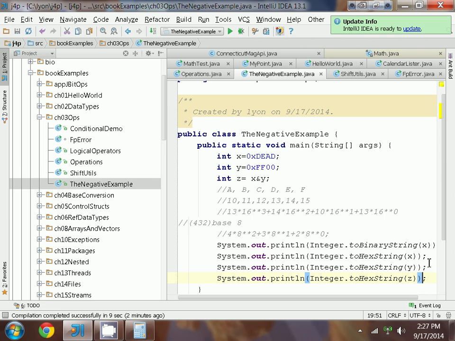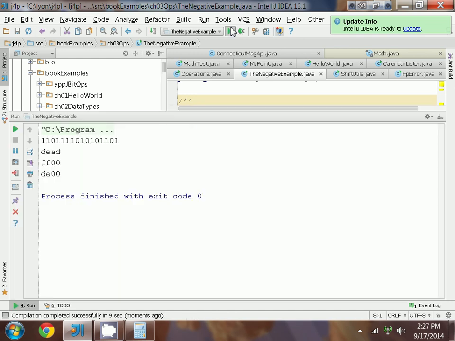And what do I expect to see on output? Yeah, DE00 would be the output. So now let's have a look and see what we get. I should see the binary string, hex string dead, the mask FF00, and then we see we've cleared the least significant